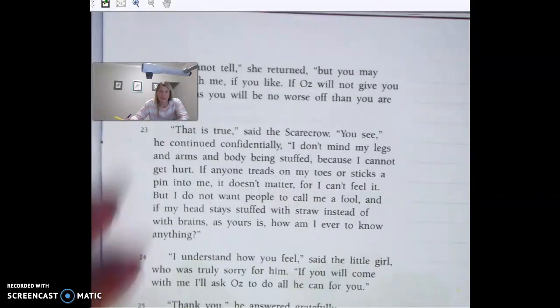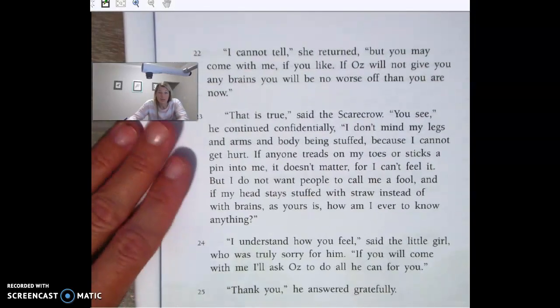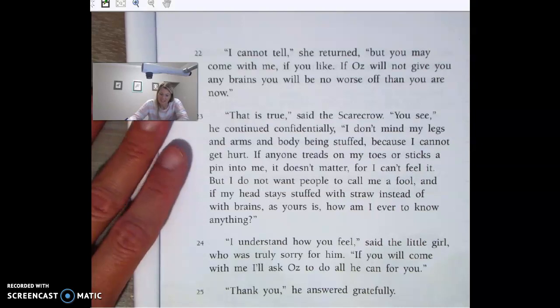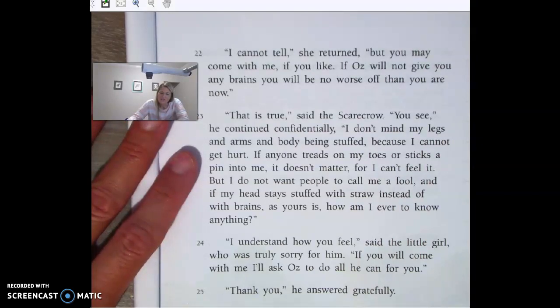"I cannot tell," she returned, "but you may come with me if you like. If Oz will not give you any brains, you will be no worse off than you are now." "That is true," said the Scarecrow. "You see," he continued confidently,